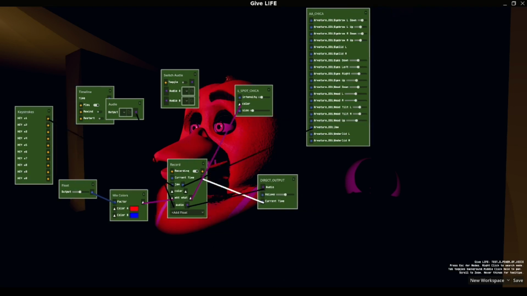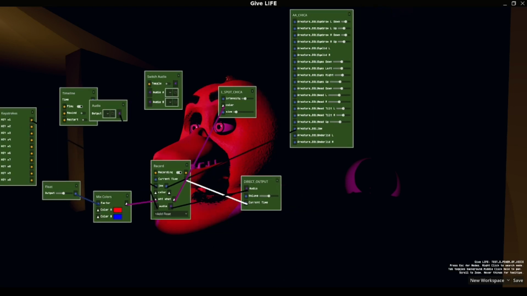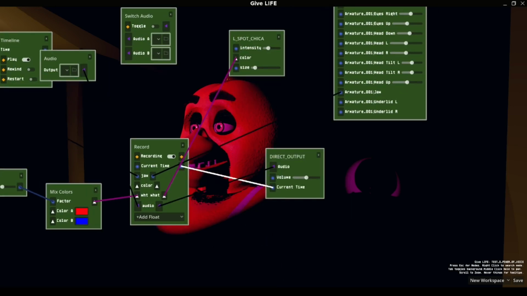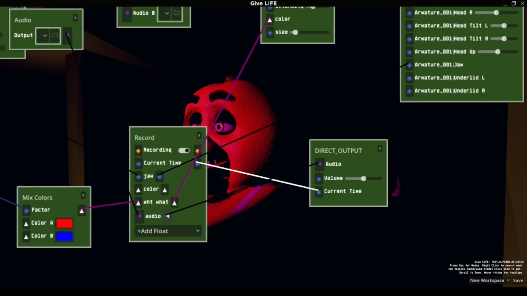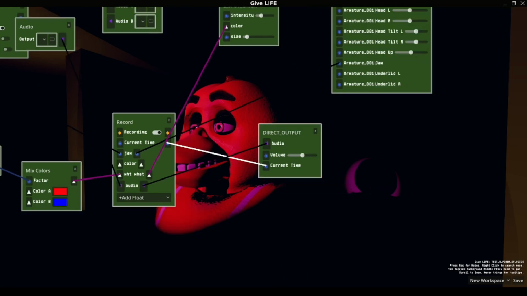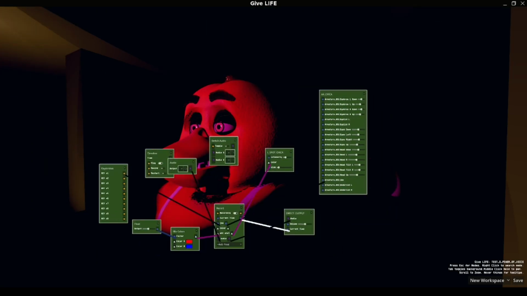So also, if you want, now when I expand to the arcade of the location and stuff, you can have game room audio play versus the actual show tape audio as well. So tons of potential there. But yeah, that is how you directly output. So you want to connect your current time to it and then connect which audio it needs to play to that. So that is the whole system.